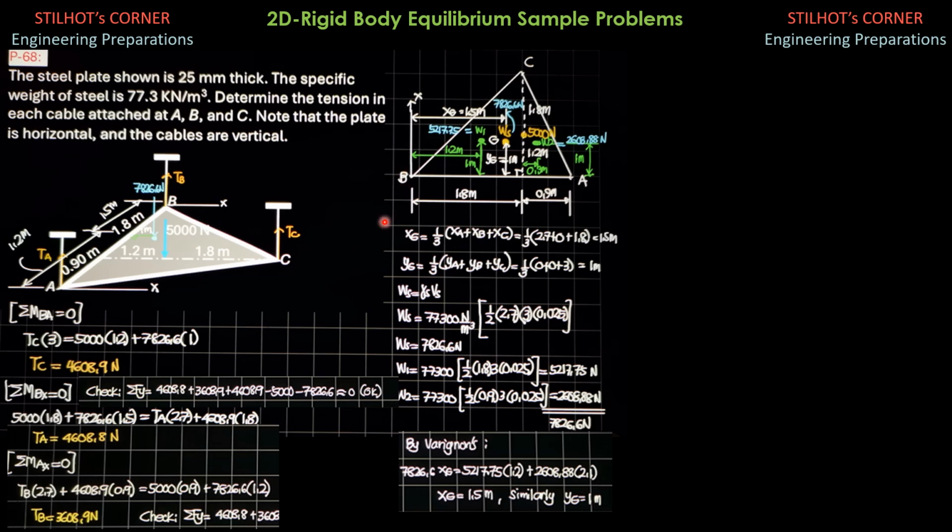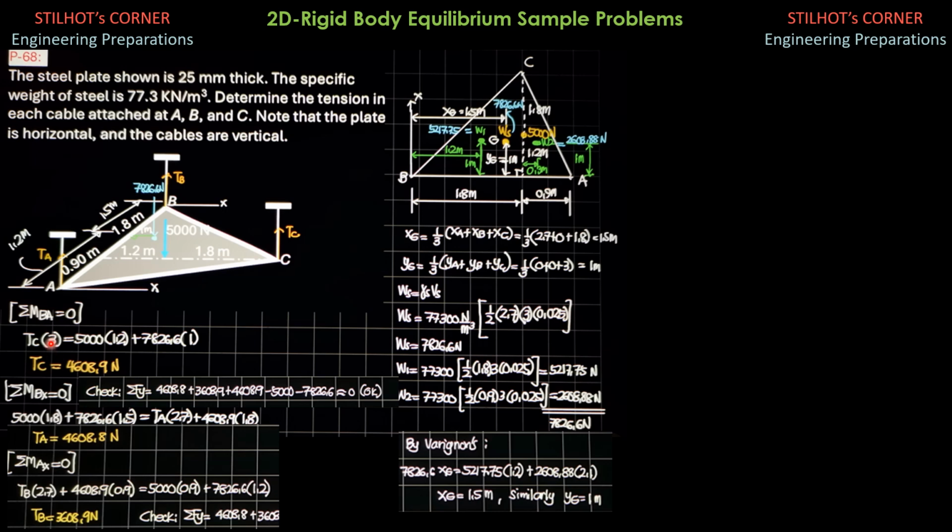So having found that, we can now solve tension at C first. If we sum up moments about axis BA, you may apply the right thumb rule if you want. This is your right thumb direction, so positive moment would be that. So T sub C is positive. T sub C, the moment arm is, this distance here, 1.2 plus 1.8, 3 meters.